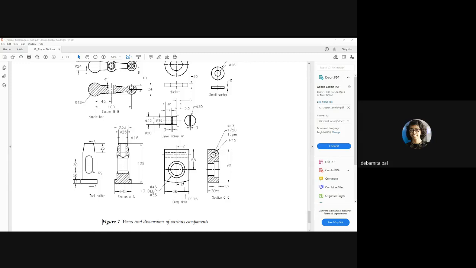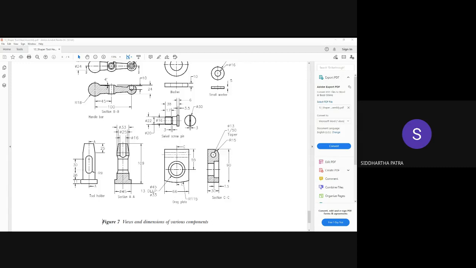Okay, yes, sir. So do this thing. Draw the title block. Okay, and draw the front view and the top view, and keep the entire drawing in the portrait mode. You don't have to draw it in the landscape mode that you have done so far. Draw it in the portrait mode.